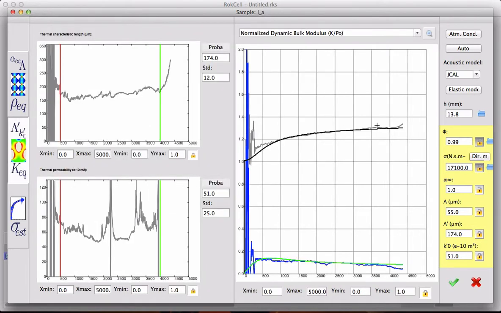We'll go to the bulk modulus. Here we can see the real part and the imaginary part of the bulk modulus, and we can adjust the value for the thermal characteristic length. There's nothing to adjust here. And for the static thermal permeability, I will just move this green line to have an estimation in the low frequency range, because this parameter is a low frequency parameter. We can see that the probabilistic value is 62. And if I'm happy with this